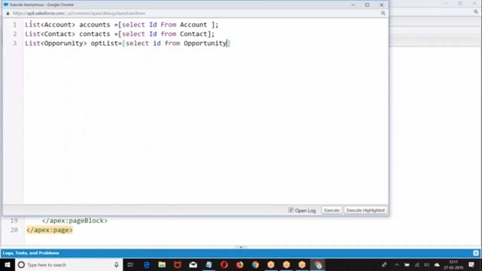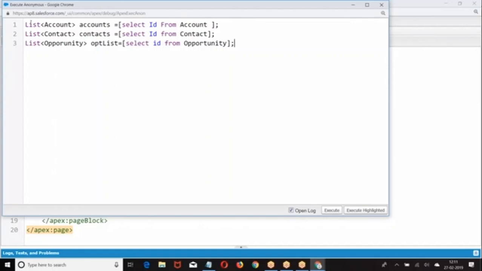Now, when I say 50,000 records, it is all the SQL queries together, 50,000 records. If there is only one SQL query, that one SQL query will give you 50,000 records. If there is a group of SQL queries, all of them together will give you 50,000 records. Did you get my point? If there are multiple SQL queries in the method, all the SQL queries together will give you 50,000 records.